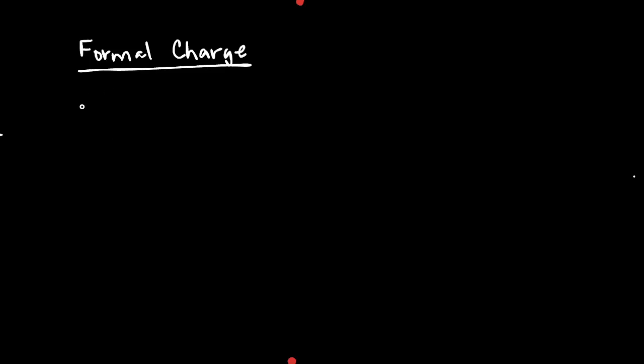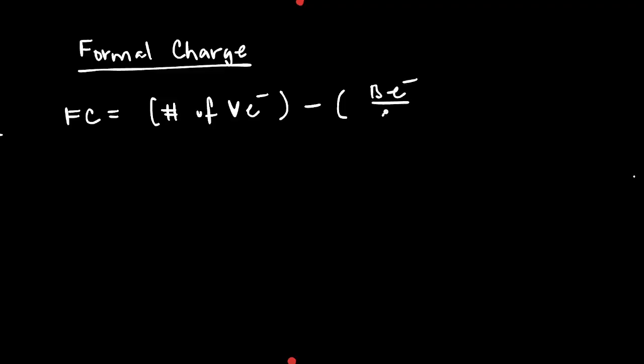So I'm sure you've seen this formula in your textbooks in general chemistry, where the formal charge is equal to the number of valence electrons minus the number of bonding electrons divided by 2 plus the number of lone pairs. So clearly, this does work, and this is what the formal charge is telling us. But this seems to be a very complicated formula that would take a bit of time to